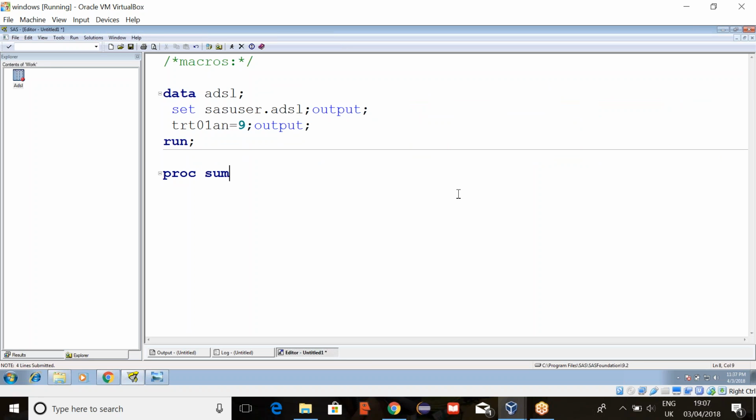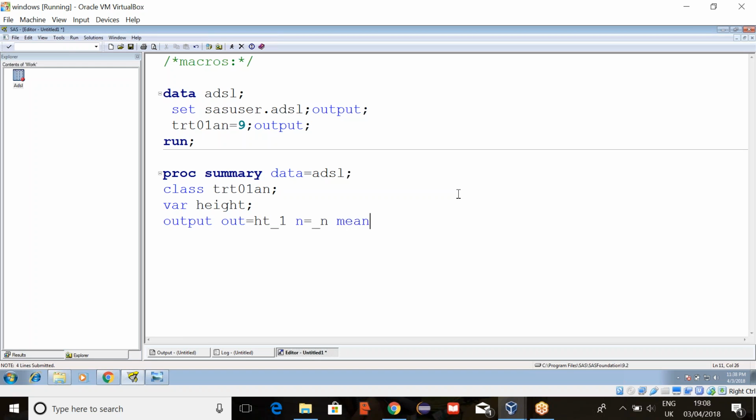And let's do the height statistics. So using proc means, data equals to ADSL, and here our classification variable is TRT01A treatment, and the analysis variable is height, output out equals to height underscore 1. What are the statistics?